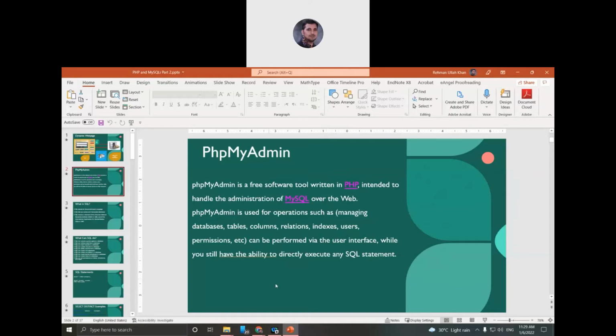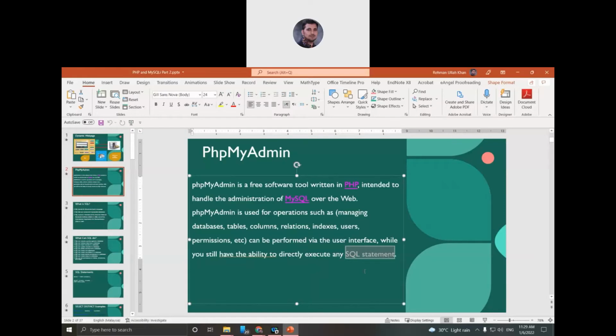phpMyAdmin is used for operations such as managing databases, tables, columns, relations, indexes, users, permissions, and many others. All these can be performed via the user interface, and the user interface is phpMyAdmin. We can also directly execute SQL statements; we will explore this later.